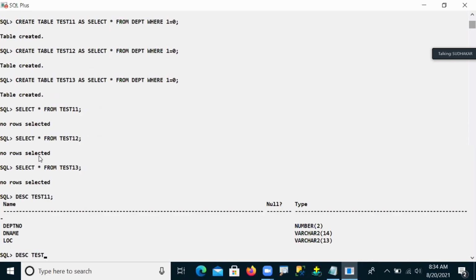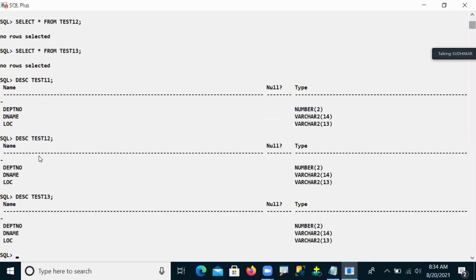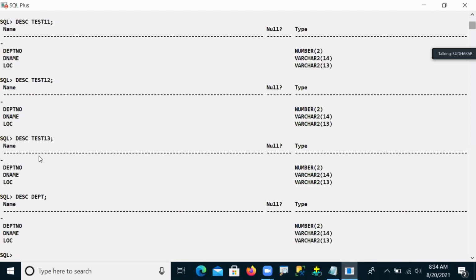Test 12 and test 13. The DEPT number, D name, LOC, and your original table is DEPT. I was checking the same column names. Let me try this because we changed the column names. It is not accepted. Invalid identifier. Same structure with the same column name, same data type, everything I took here.